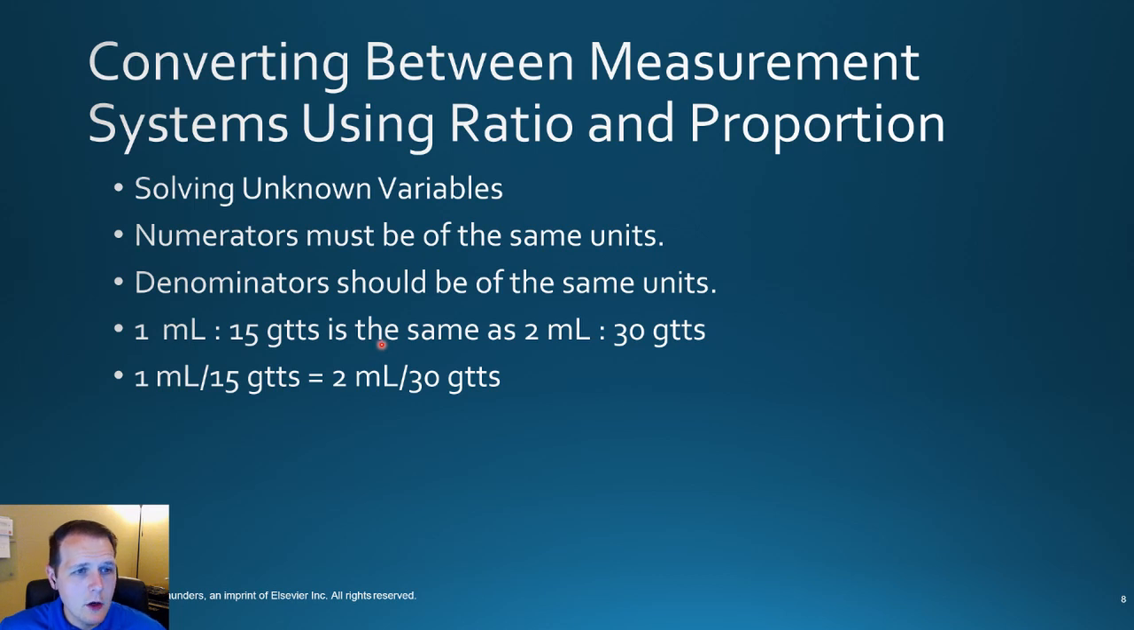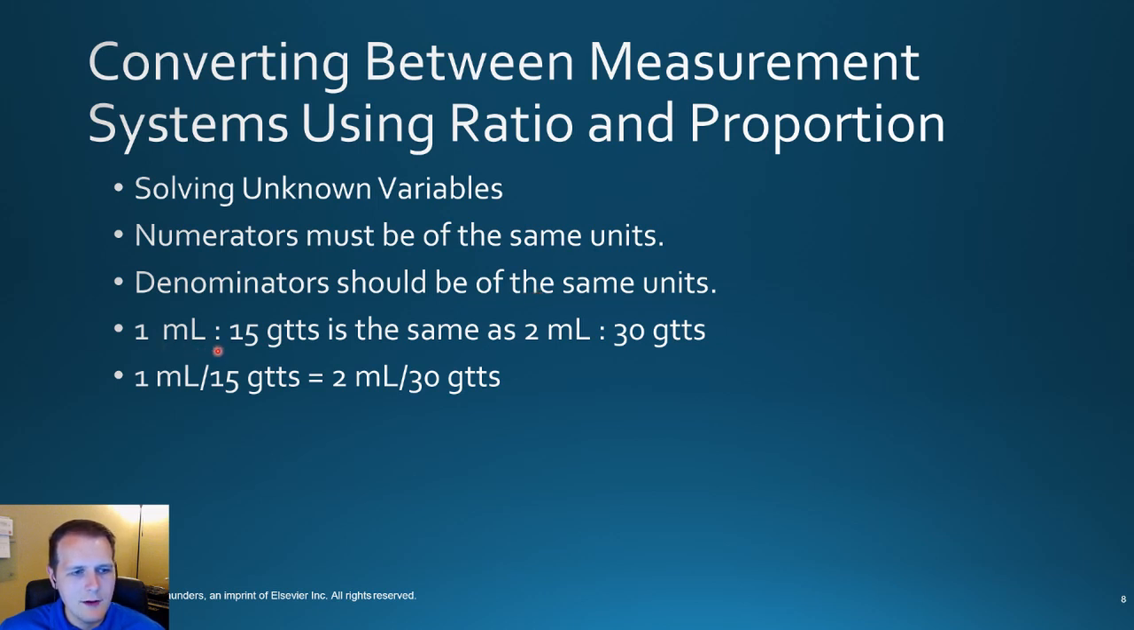Basically, we have to solve for unknown variables, right? So we've already talked about some pretty basic algebra that we're going to be using here in the past chapters. And we're going to make sure that whenever we're doing things via ratios and proportions, that our numerators are going to be the same units. We're going to be making sure that the denominators should also be the same units,